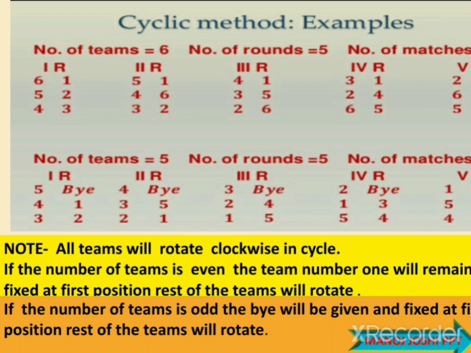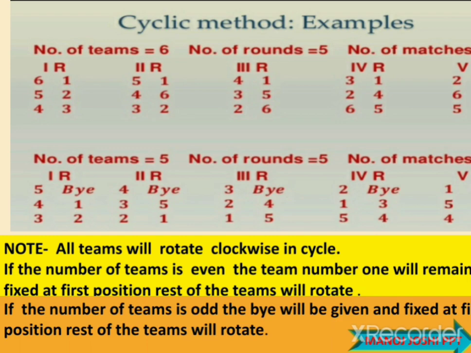Then the fifth round we will see here. In the fourth round, 2 was at the left side at the top. So 2 will replace 3 on the right side. So the 2 is coming instead of 3, and 3 is shifted. So in the fifth round we can see bye, 2, 3, 4, 5, 1. If again we shift, 1 shifts 2, then the first one will come to the first position. So this we already have. So there are 5 rounds only.